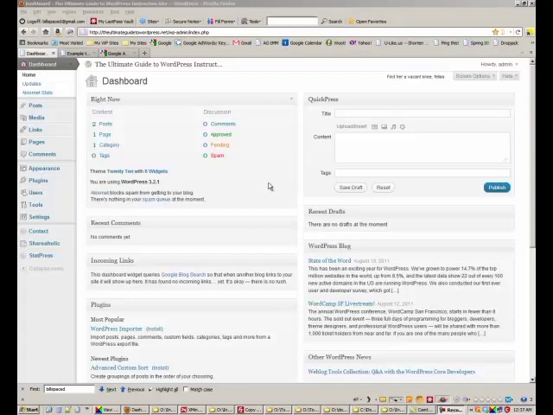Okay, welcome back. What we want to talk about now is pinging, and that is whenever you create a blog post, WordPress notifies some pinging services, they call them update services, that you have new content. And then those services come out and take a look at your content, bring it back in, index it, and rank it. They're kind of like a search engine for posts,